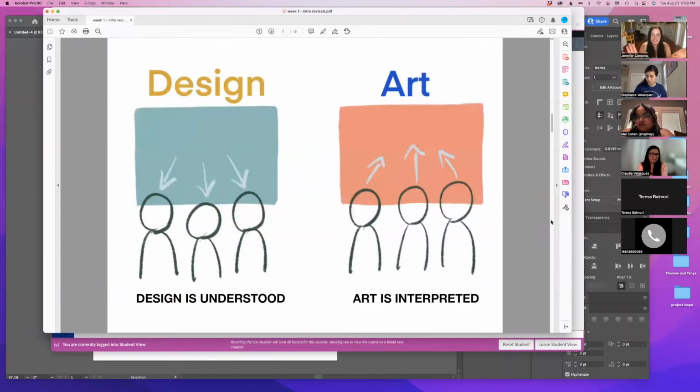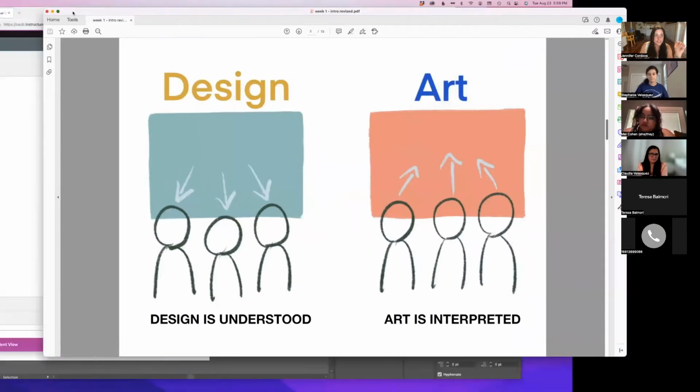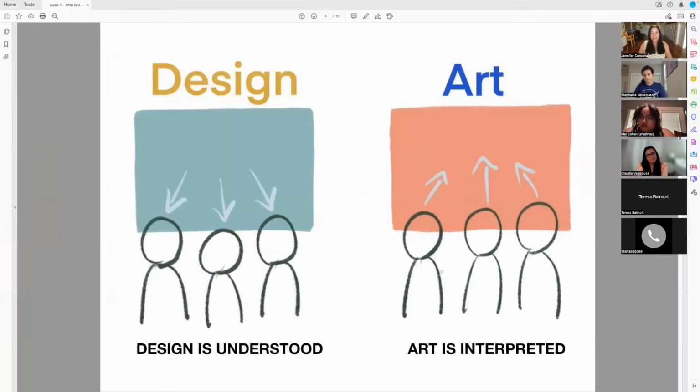So this is also something I think is important to distinguish here. Let me actually take up, there we go. So design and art are two different things. They work together and we use both of them in the field of graphic design, but design has a purpose and its design is communicating outward.